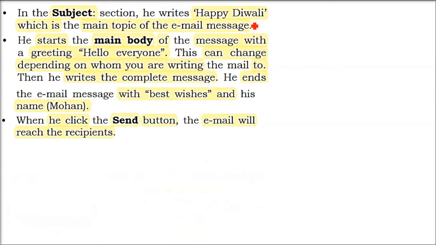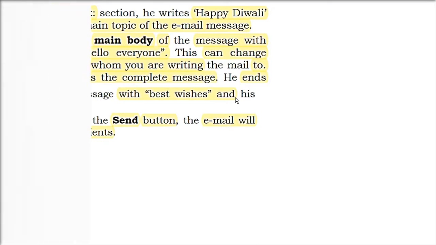So first thing is the To field. We have already seen the email ID of the recipient has to be entered. Then in the subject you have to write what the content is about. So when you write Happy Diwali, that's the subject. Now we will come to the main body. Now you can write a formal email. Please remember, email is a formal emailing service. You don't chat there. You don't say, yo, how are you, not like that. And you will write proper best wishes, etc. with a name. And then you will press send.